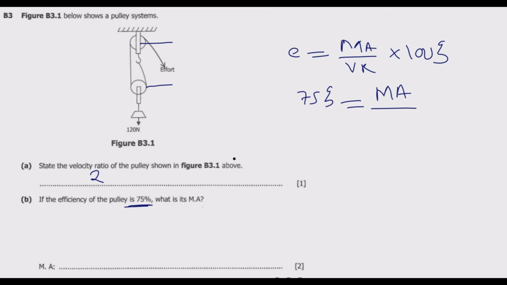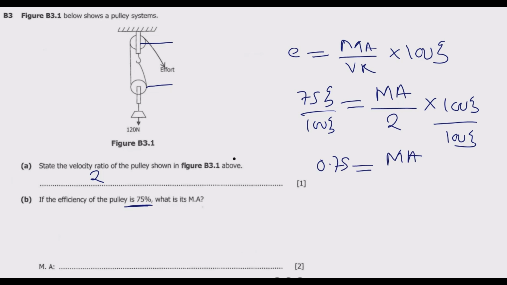We've already found the velocity ratio in A, so we can substitute it with 2, then multiply by 100%. Then we can divide this side by 100%, and this side by 100%. So we have basically 0.75 equals mechanical advantage over